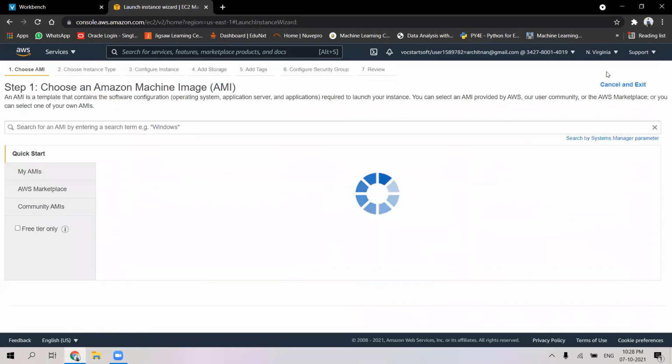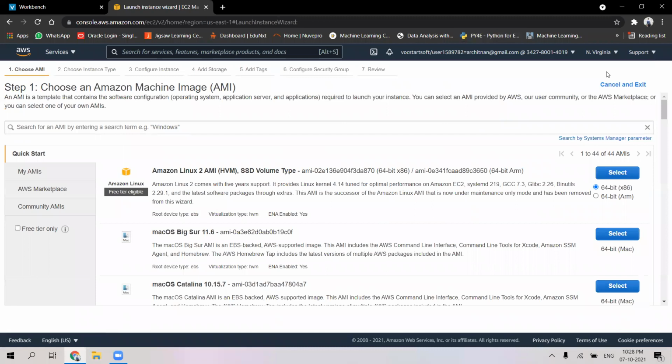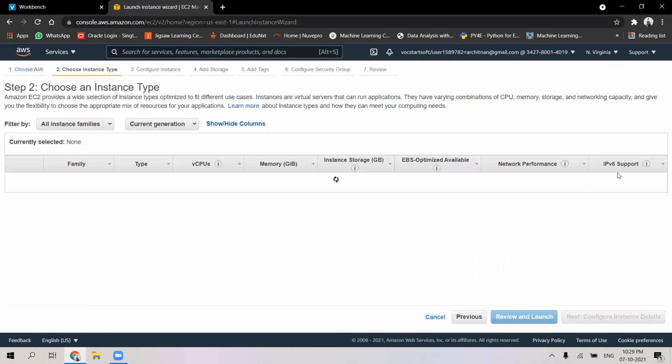Now I'll be creating two new instances, for which in the first step, I will have to select the AMI that supplies the software configuration for a virtual machine for us. So basically over here in the Amazon Linux 2 AMI, we'll be getting the software configuration of 64-bit x86, which is a free eligible AMI that is available in my account. Next, after selecting this,